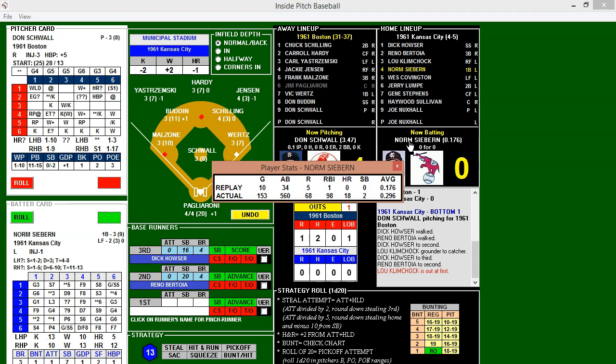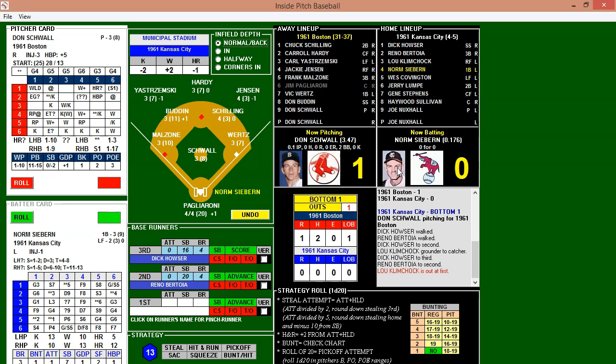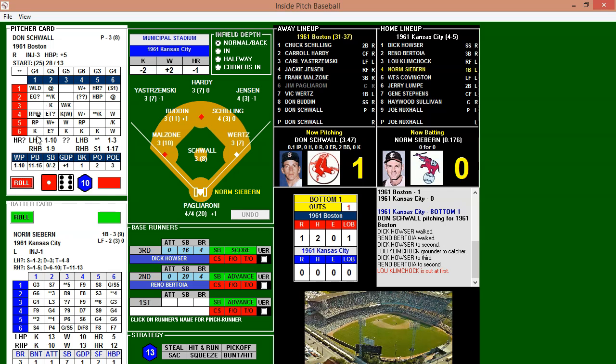Seaburn, .296 hitter on the season, 18 homers, 98 runs batted in. Only hitting .176 in 34 at-bats against the Red Sox with no homers and an RBI. Red Sox will play the infield back early in the game with a 1-0 lead. So Red Sox and Schwal hoping for a strikeout. Here's the pitch by Schwal as he looks at the runners. 1-6, and that is going to be... Oh, he takes the ball. He thought he had strike 3 there. Seaburn very upset at the umpire.